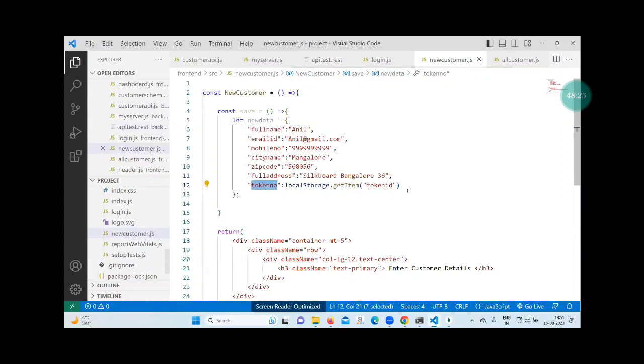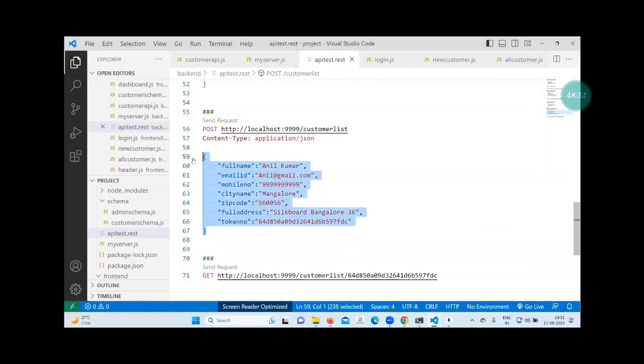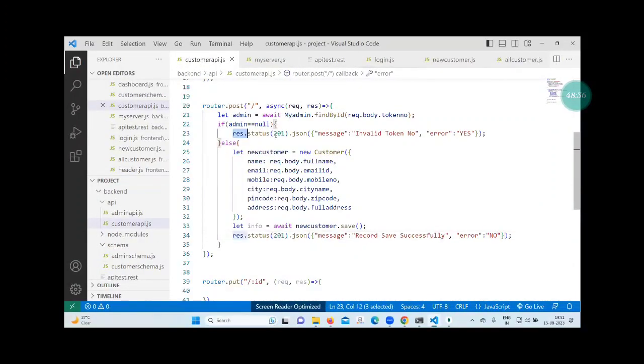So this code what you have written, new customer, it is perfect. There is no problem. Just this will make your call, token number should match. It should match. Okay. Check this first. Check this rest.test is getting passed or not. So this code is perfect. What you have written, customer API. Here if null then here is the problem. If no error then it will come here definitely. This will execute. Error no, error yes. Right. So this code is correct.